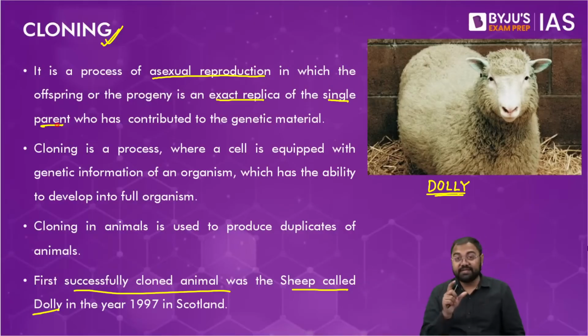So now in these kind of techniques, in all these asexual techniques, all the genes that the offspring will have will be exactly the genes that the parent had, because there is no mixing of genes. In case of sexual reproduction, there will be mixing of genes, one set coming from the male and one set coming from the female, and that's why the child